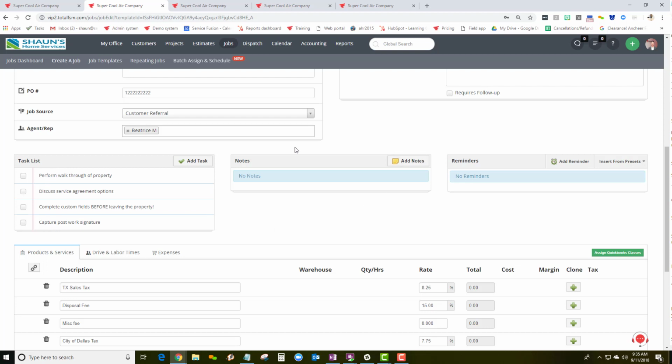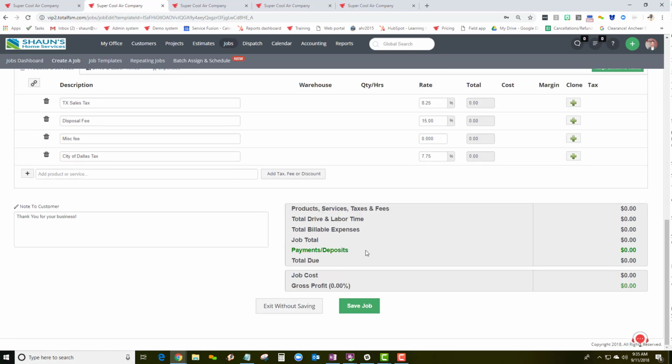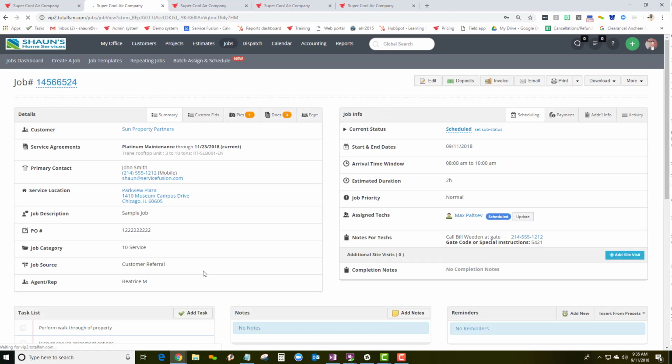You can also message back and forth with the service technicians using an instant message mechanism within the software. There is a reminder option allowing the system to contact the customer or service tech via email, text message, or phone call about the appointment scheduled. Scroll down to the very bottom and then click Save Job. So for most clients, it literally takes them 60 seconds to create a work order,